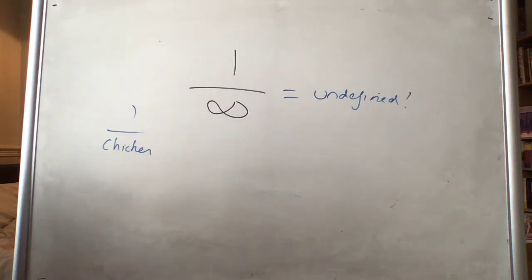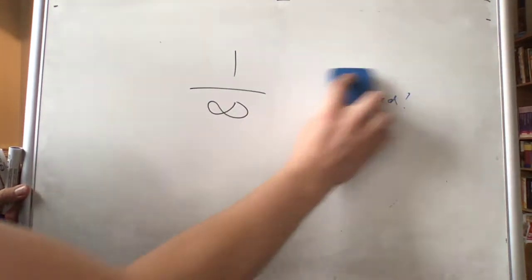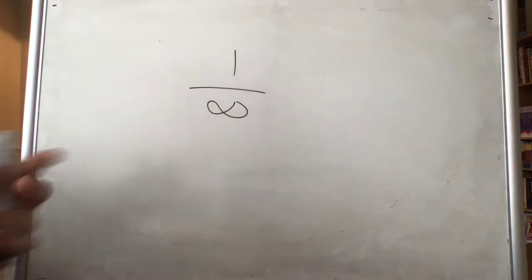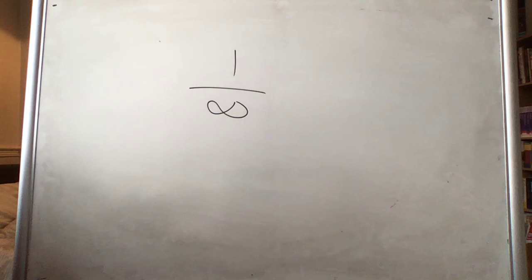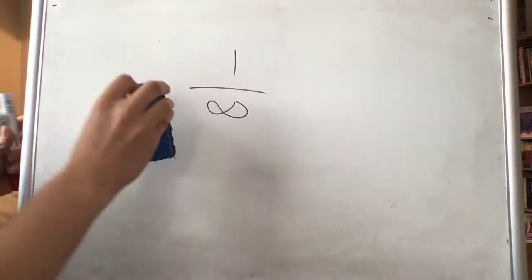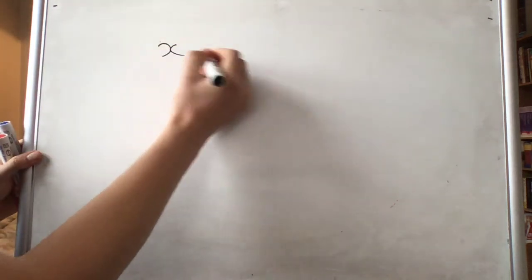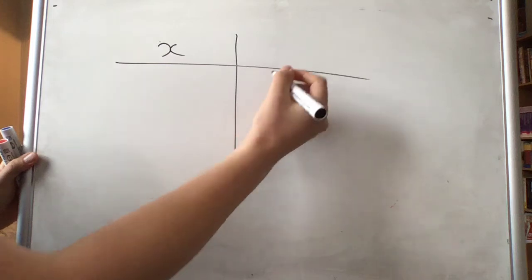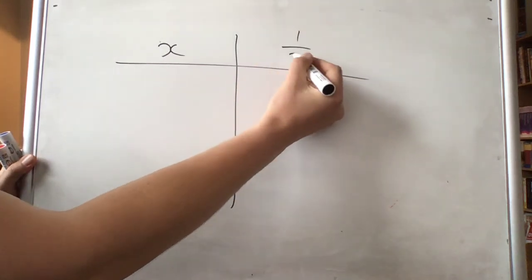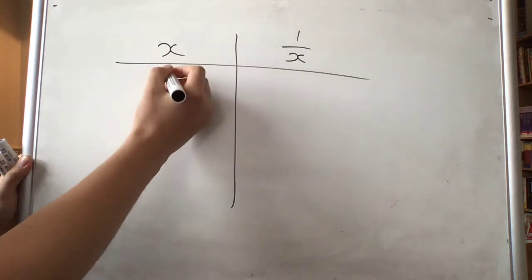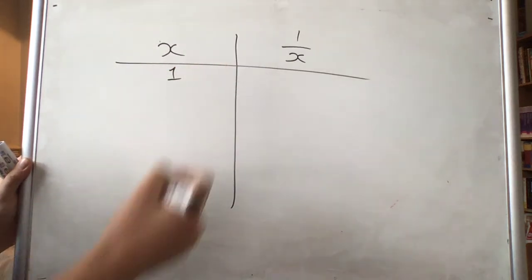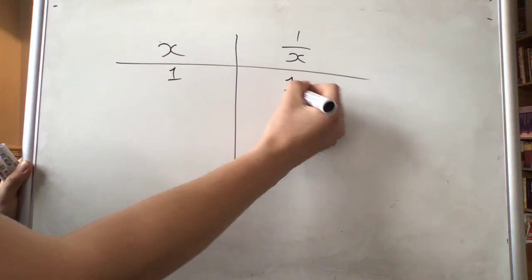So instead of trying to work out for infinity, because we can't get a simple answer, we can try larger and larger values of x. So what I mean is, we can put larger and larger values of x where the infinity sign is. So let's try that now. Let's say we have a column on the left, which is going to be our values of x that we're going to put into the calculator, and we're going to have the value of 1 over x, okay? So of course, if I just put 1 into the calculator, where x is 1 over 1,